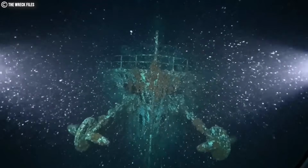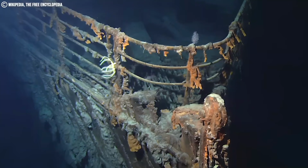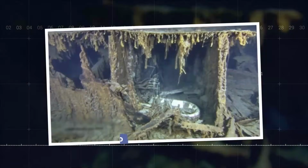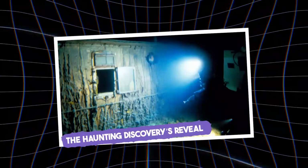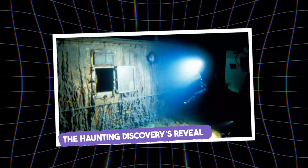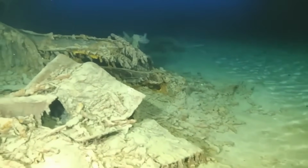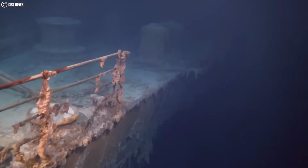It wasn't just preserved furniture, it wasn't just forgotten luggage, it was something else, something that by every reasonable expectation of ocean decay should not still exist down there. Stay with this, because before we show you what was behind that door, you need to understand exactly how impossible it is that anything survives at that depth at all, and exactly how far this new mission had to go